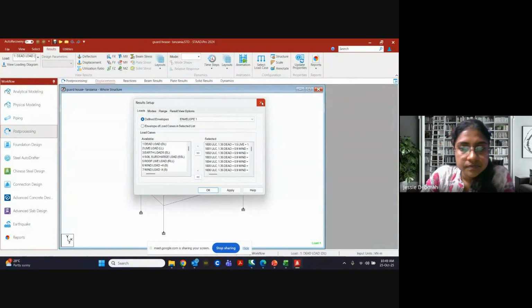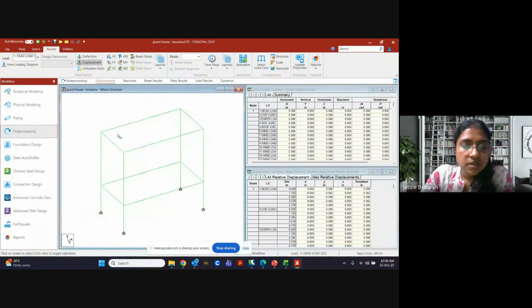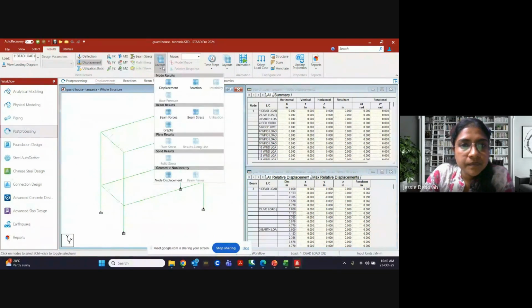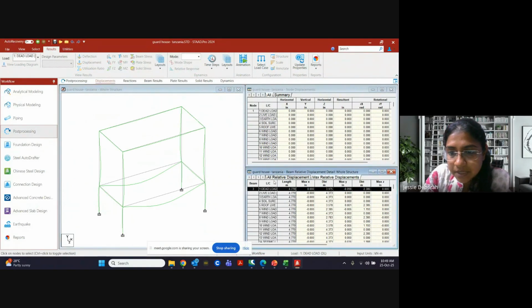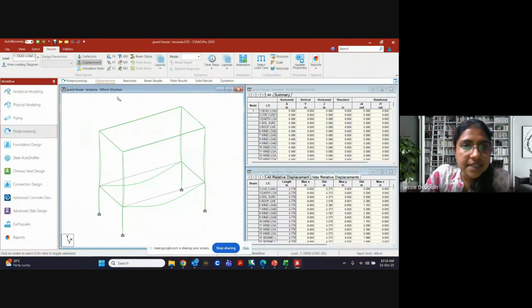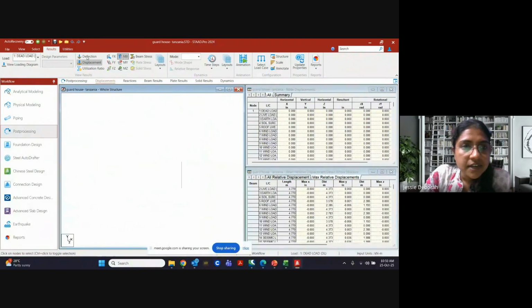Okay, let's look at this. Okay, so now this is another small structure. Now here we will go and see our displacements. See how your structure is going to get displaced. So in the maximum relative displacement part, we will check the limit of span by 240. So it should be less than your span. I think it's all very, very small displacement. So it is safe. Now we will check our deflection.